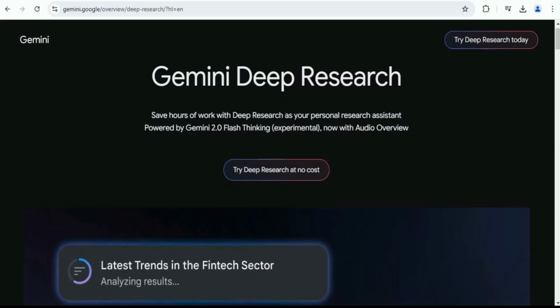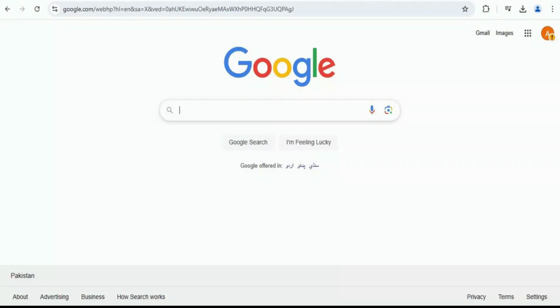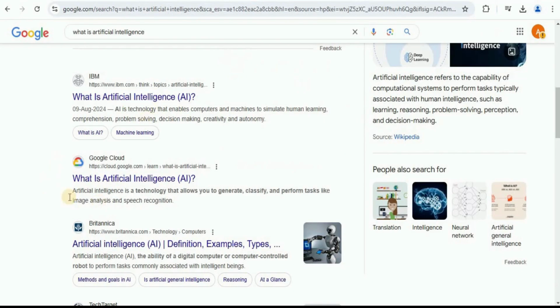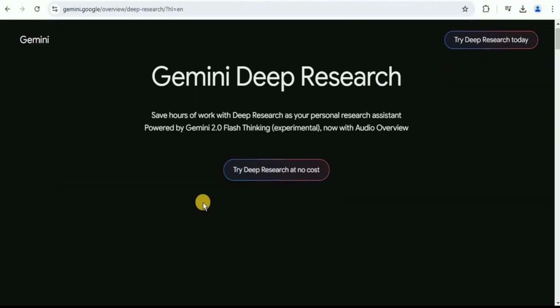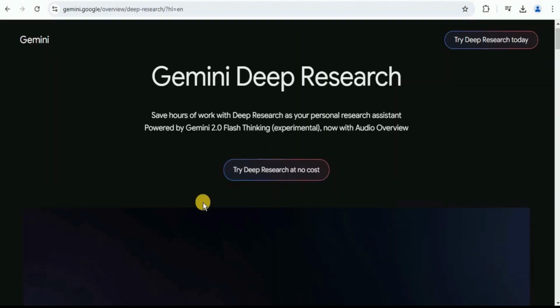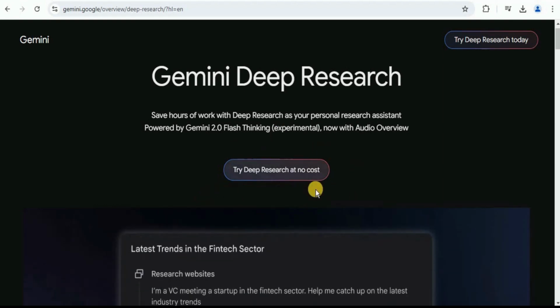Traditionally, when we search anything online using a search engine like Google, you will paste in your query, and once you run it, Google will help us search relevant websites. Or if you're using Perplexity, which is also an AI search engine, it will look up the websites, read the relevant materials and pick them up for you. But that is only the start. Imagine that you have a smart research assistant who does not only use Google or Perplexity to complete their research, but also plans how to do the job better. So this is where Deep Research comes into action.